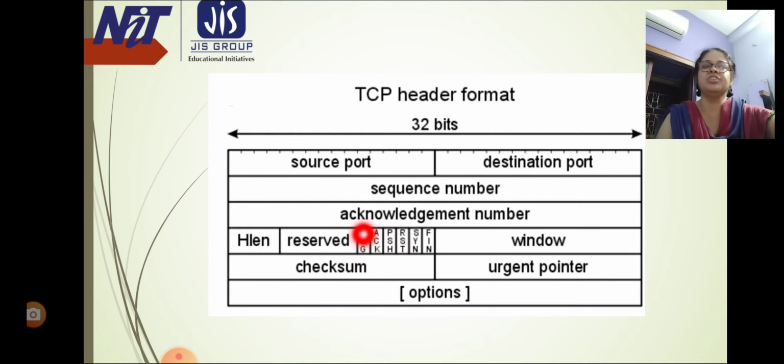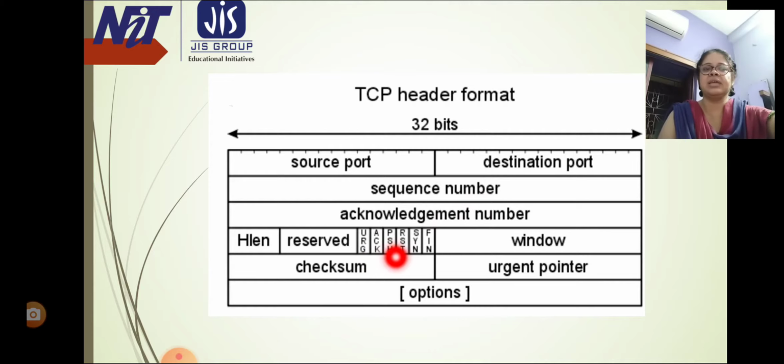First is URG. URG means urgent pointer is valid. Now the next is ACK. ACK means acknowledgement number is valid. It is used in case of cumulative acknowledgement.